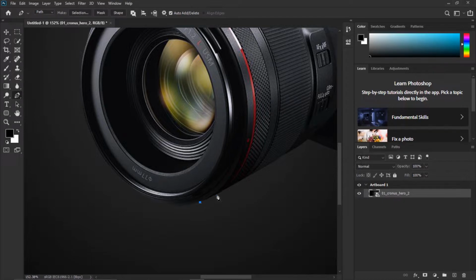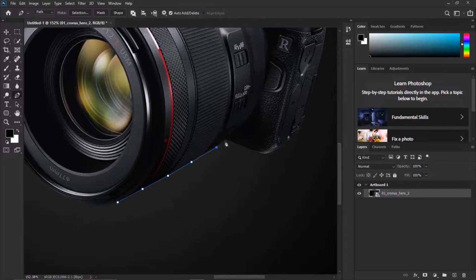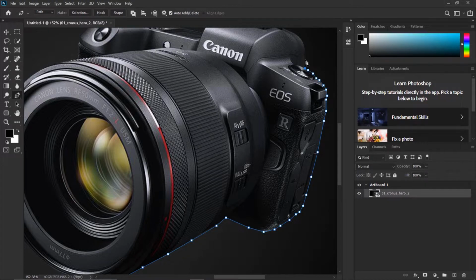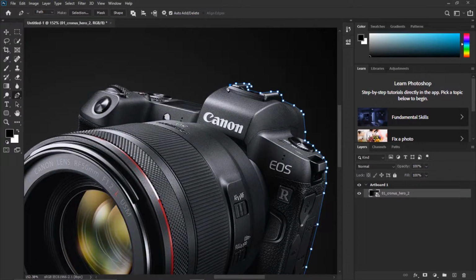I'm going to start from there. Just keep adding nodes at the edge of the object. This is one of the best methods for masking.